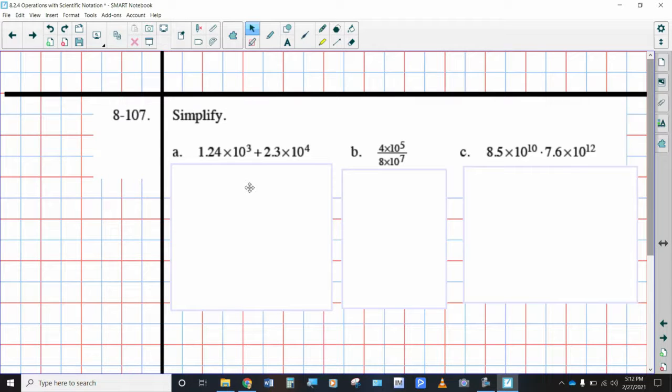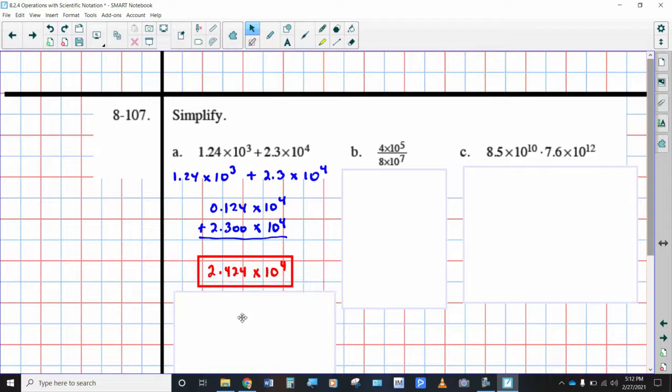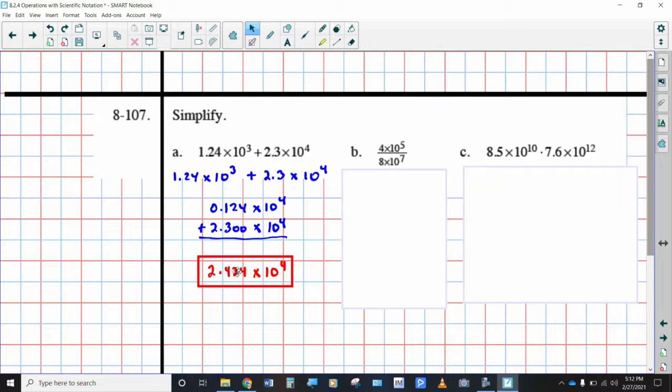All right, so first things first, we cannot add those together until they have the same power of 10. So I would encourage you to borrow a power of 10 from this and move it over to here, so that becomes 0.124 times 10 to the 4th. And then we're going to add that to 2.3 times 10 to the 4th. Then when we add everything together, we get 2.424 times 10 to the 4th ends up being our solution, which, by the way, 10 to the 4th is 10,000, so this is